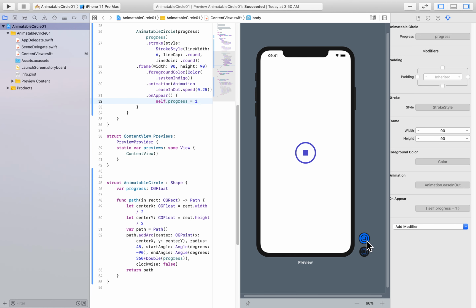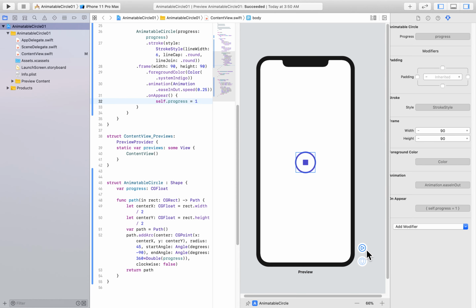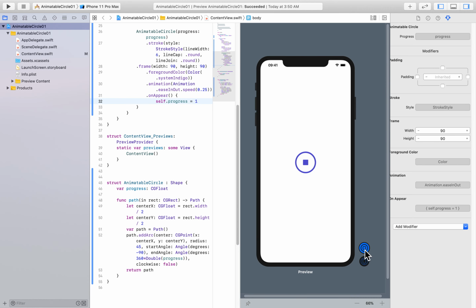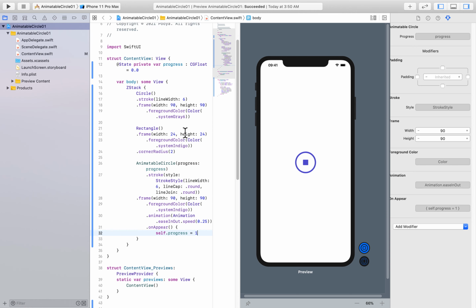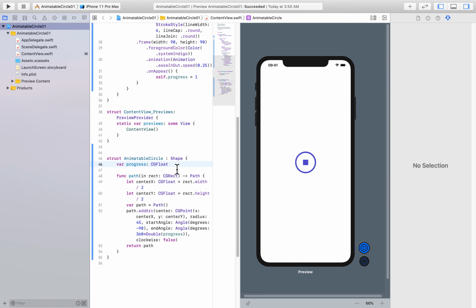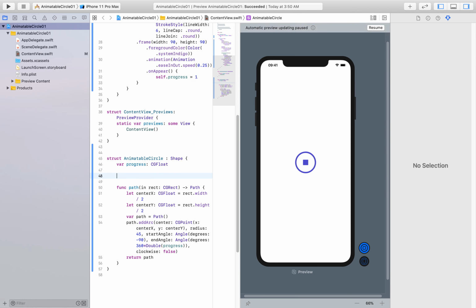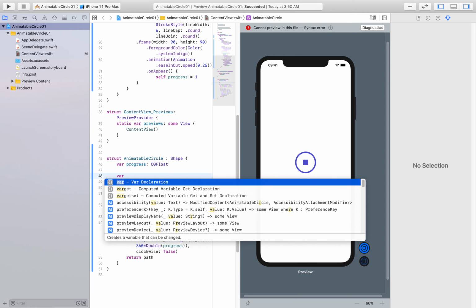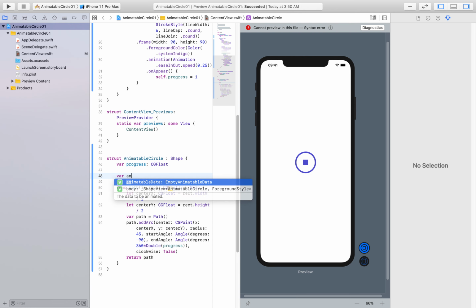But you will see it's not animated. Yeah. So it's not animated. Why? Because we need to go to our animatable circle, and here we create a variable by the name of